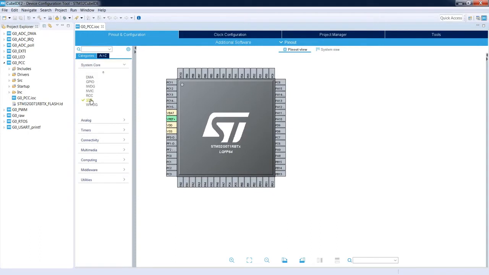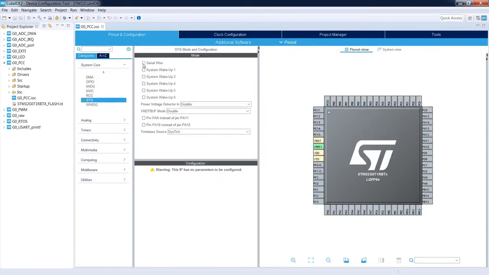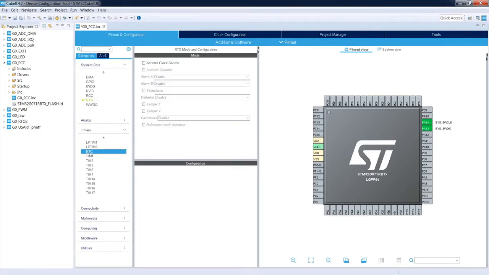Again, I would select serial wire as a debug interface. In our application, I would select RTC as well. Activate the clock source with wake up.